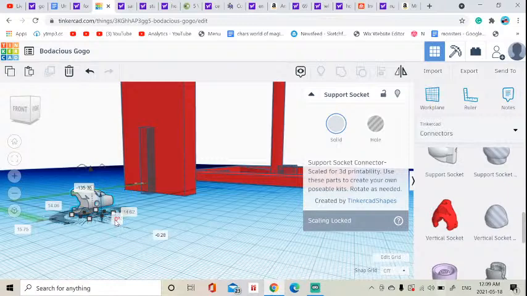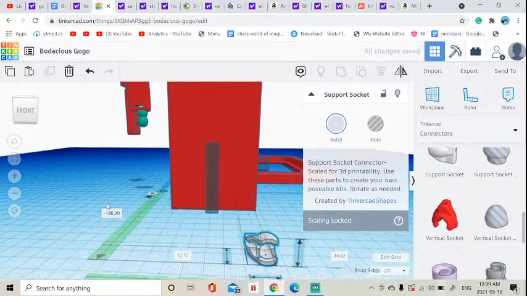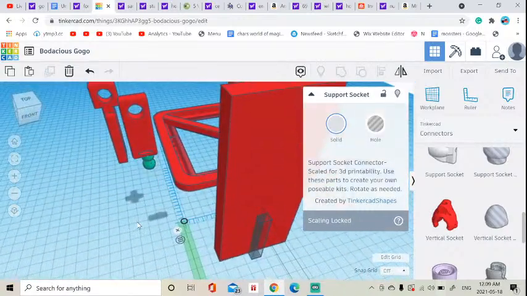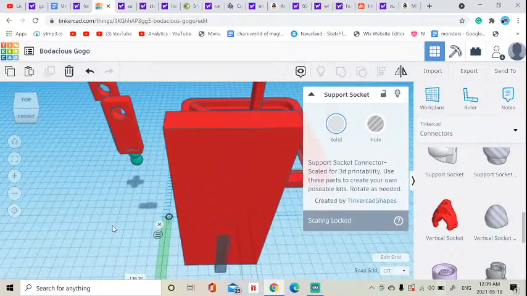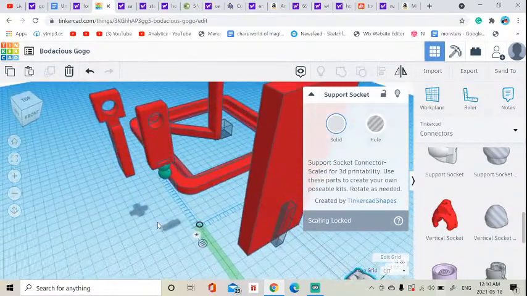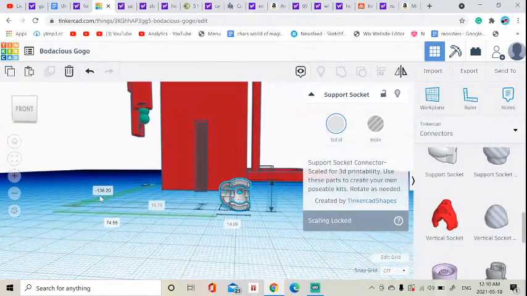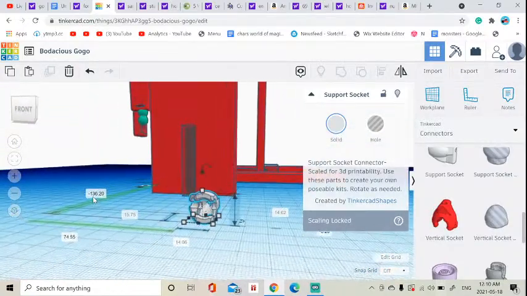That's wrong. 90. Wait, so this is up and down. This would be forwards. This ball socket will be